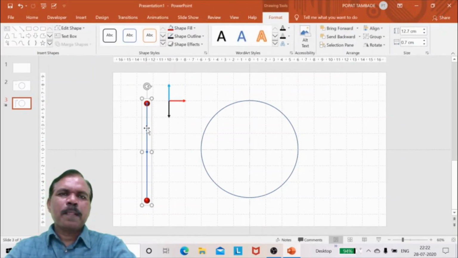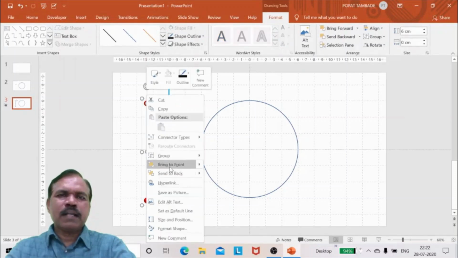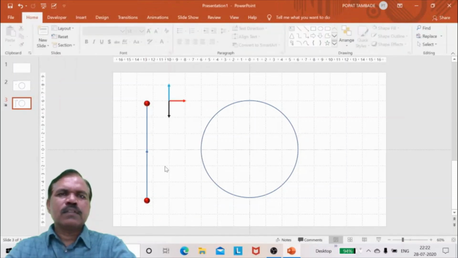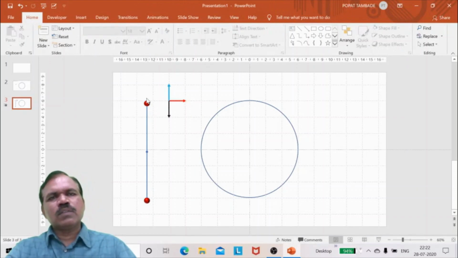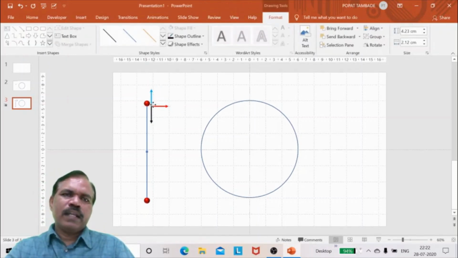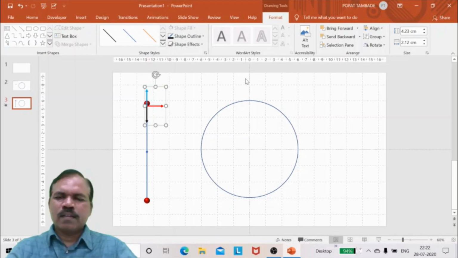Now I will send this back, so that the end point of the line will be back to the sphere. Now here you can take this here on this.